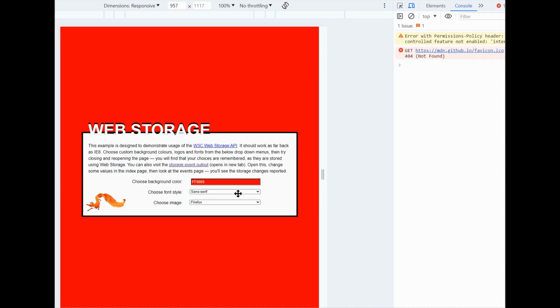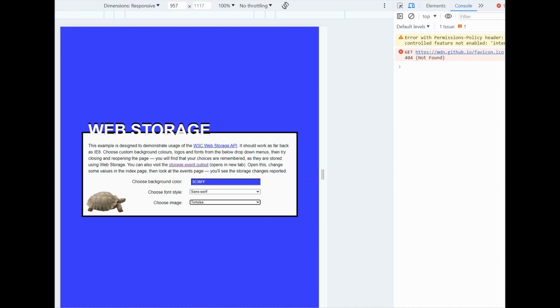In this example, they're using the Web Storage API and local storage. And right here we've got the Firefox image. We can change the font. So if we change the color to this blue color, and let's say we change this to the tortoise,